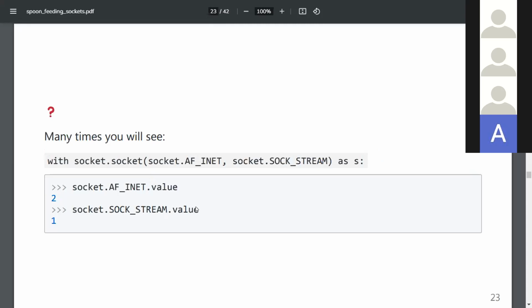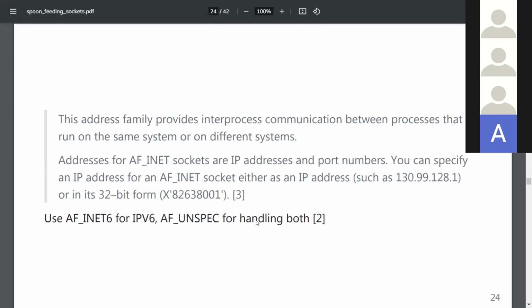And then in many sockets coding, you will see with socket.socket, then these two lines. Normally, these two are actually integers. AF_INET normally designates IPv4 addresses, and AF_INET6 designates IPv6 addresses.